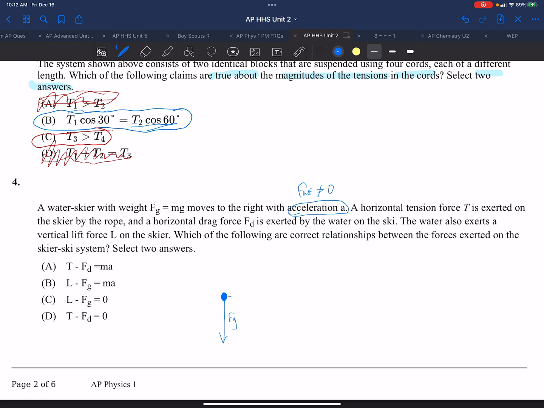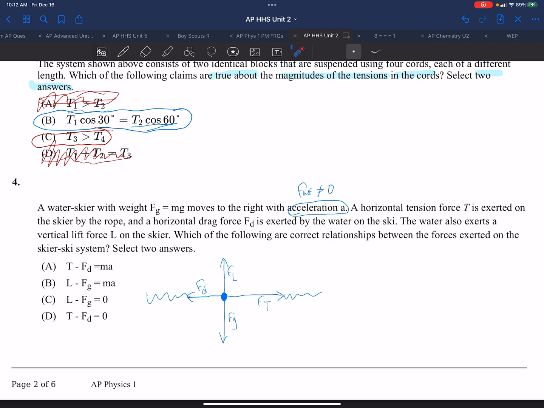Horizontal tension, the force of tension exerted on the skier. There's a horizontal drag force, Fd. There's also a lift force acting on the skier. So if this skier is moving across the water, which I've kind of drawn in like so,